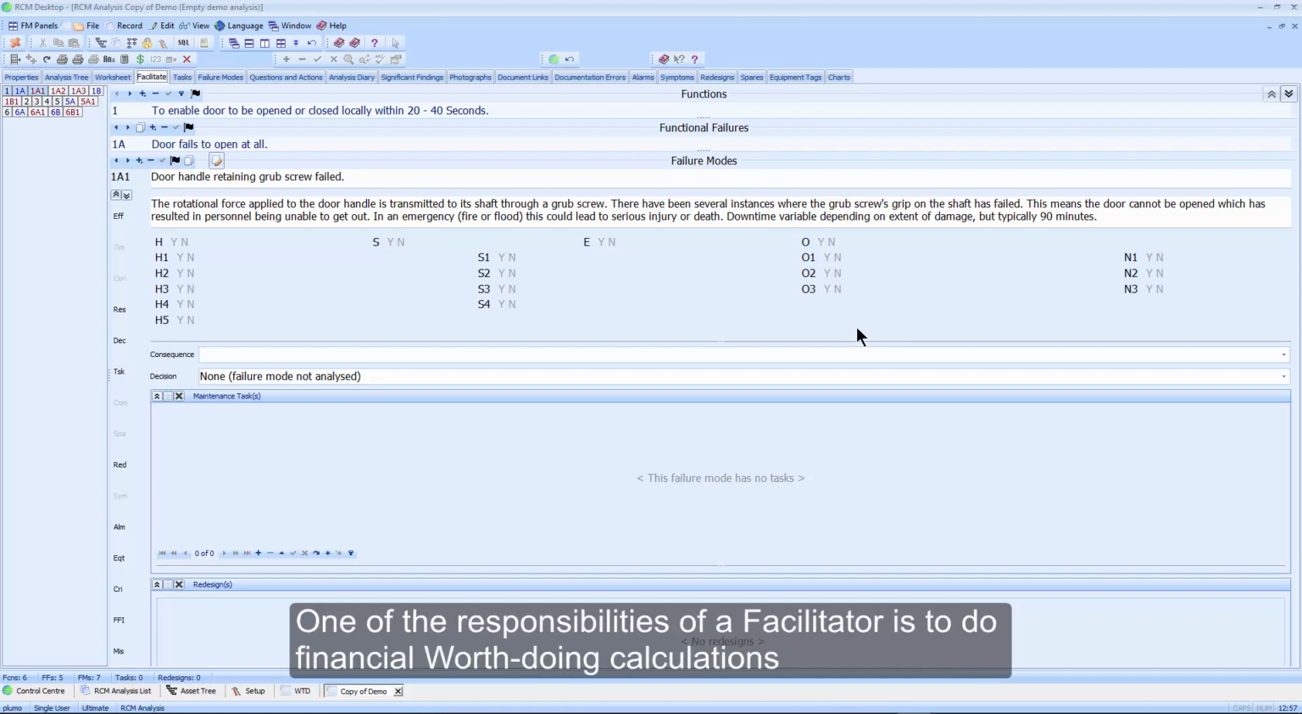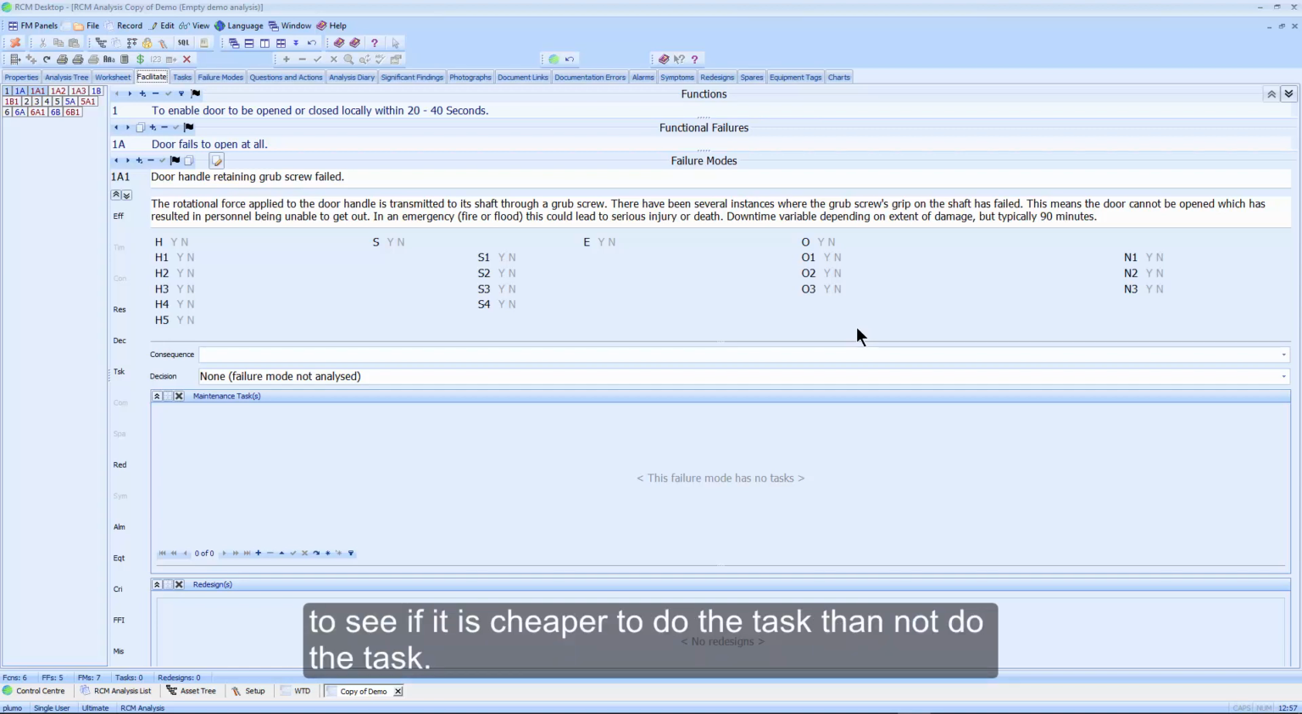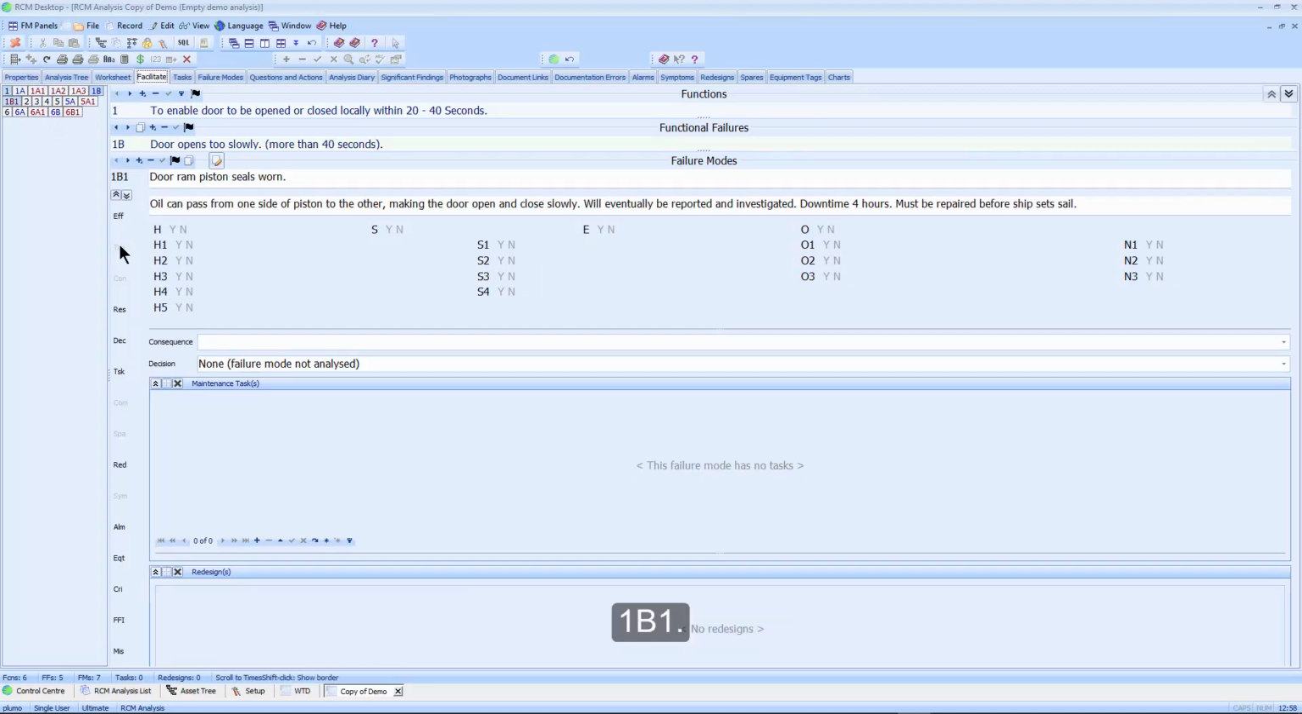One of the responsibilities of a facilitator is to do financial worth doing calculations for scheduled maintenance tasks to see if it is cheaper to do the task than not do the task. RCM Desktop makes this very easy with its worth doing calculator. So let's move on to 1B1